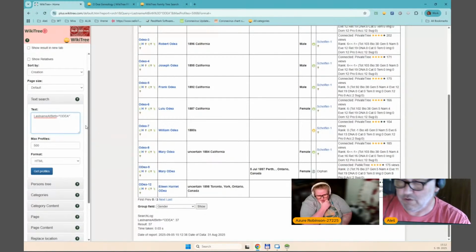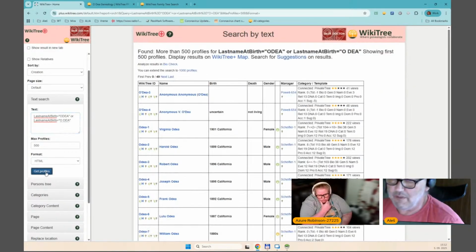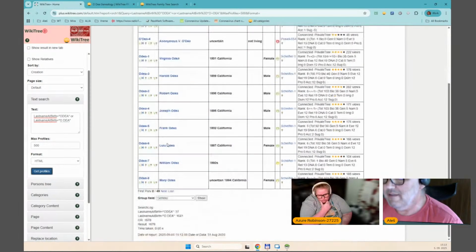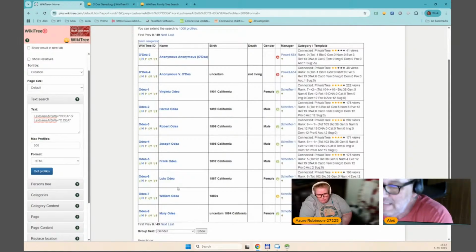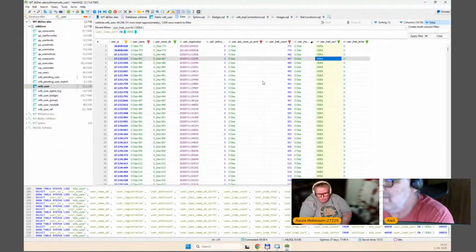So you could also join both together using OR and do it like this, and now we will get them all combined. So that was 1670 profiles. Now the number here is smaller than before when I was looking in the SQL database, because some of